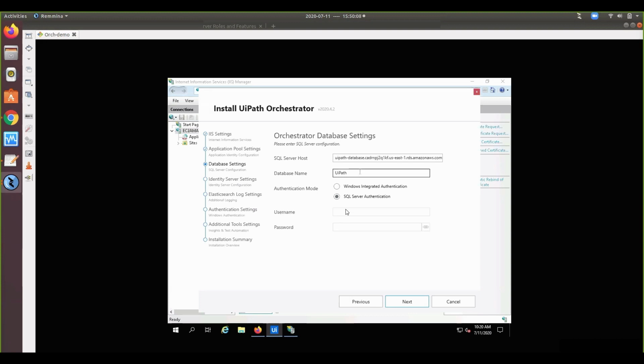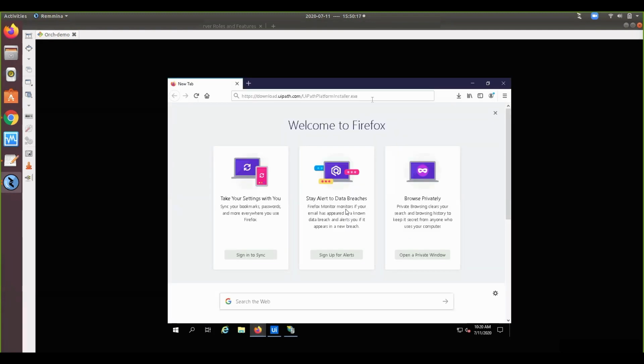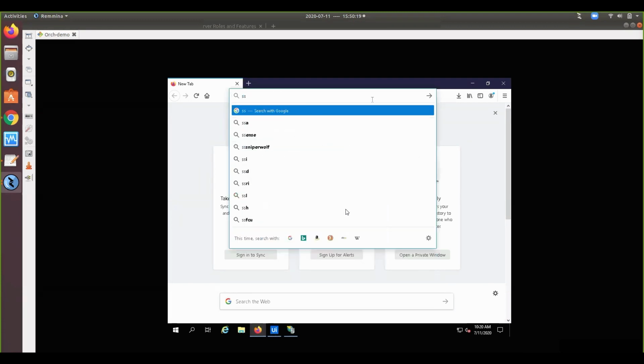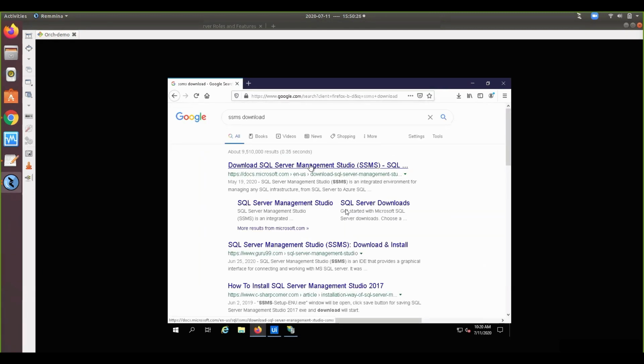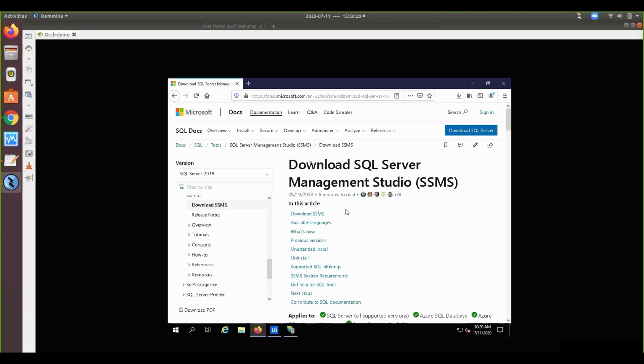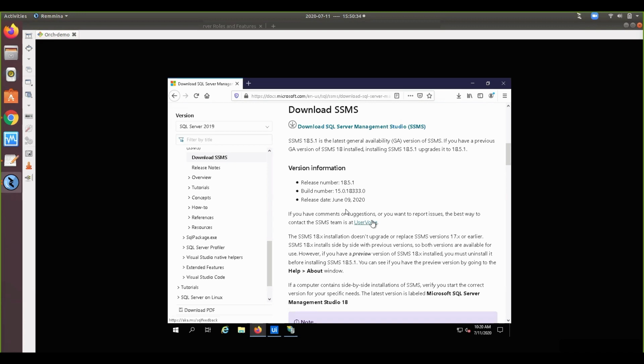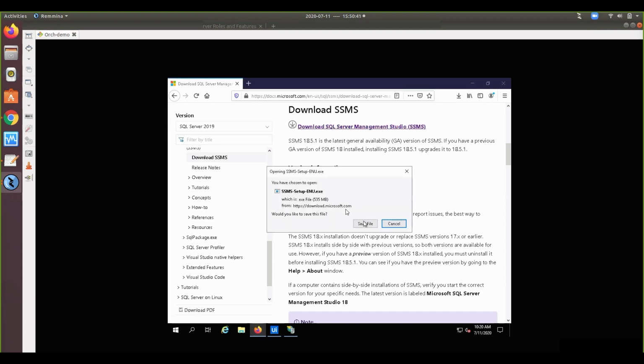Database. We don't have any database currently, and we need to create one. For that reason, we'll be downloading SSMS to create a database. Creating a database is not necessarily done from this machine. If you have another instance with SSMS, you can simply connect from that instance to the database and create it.